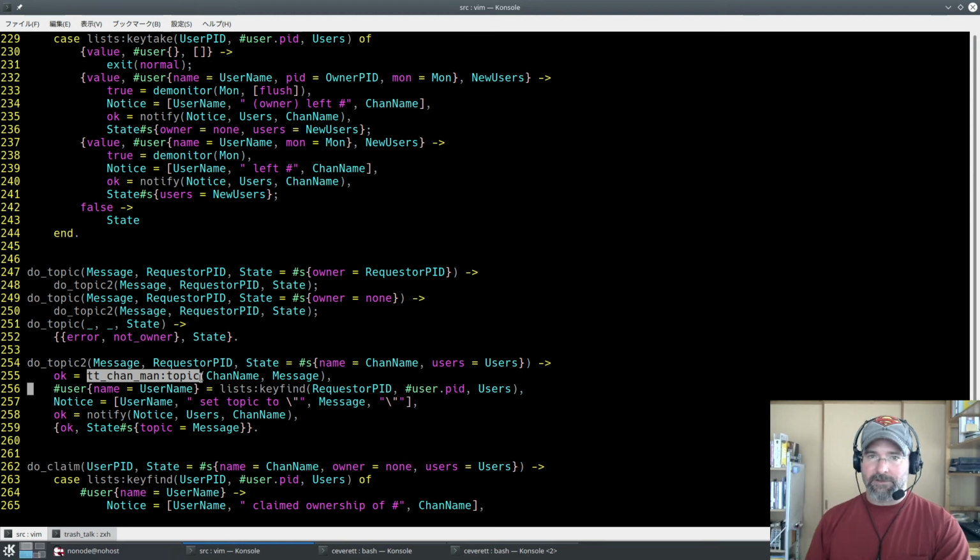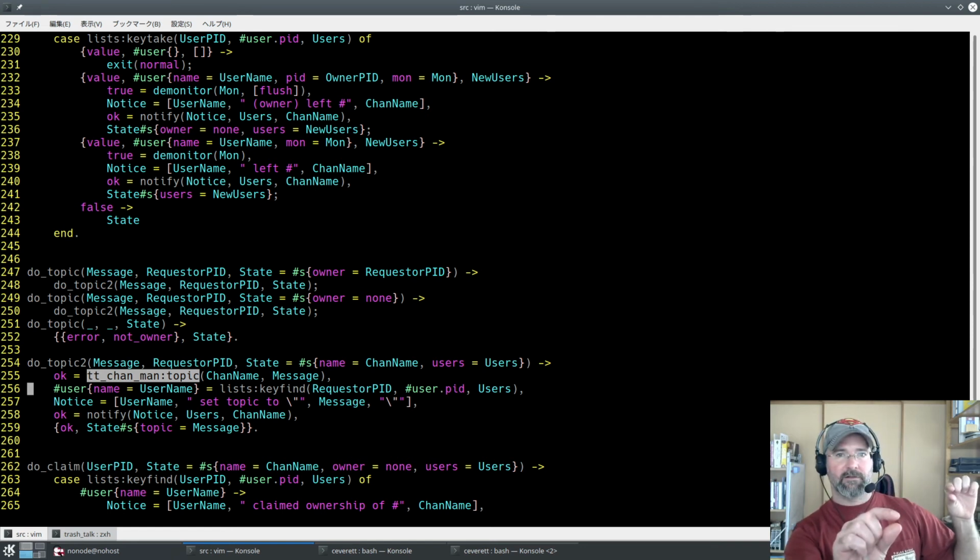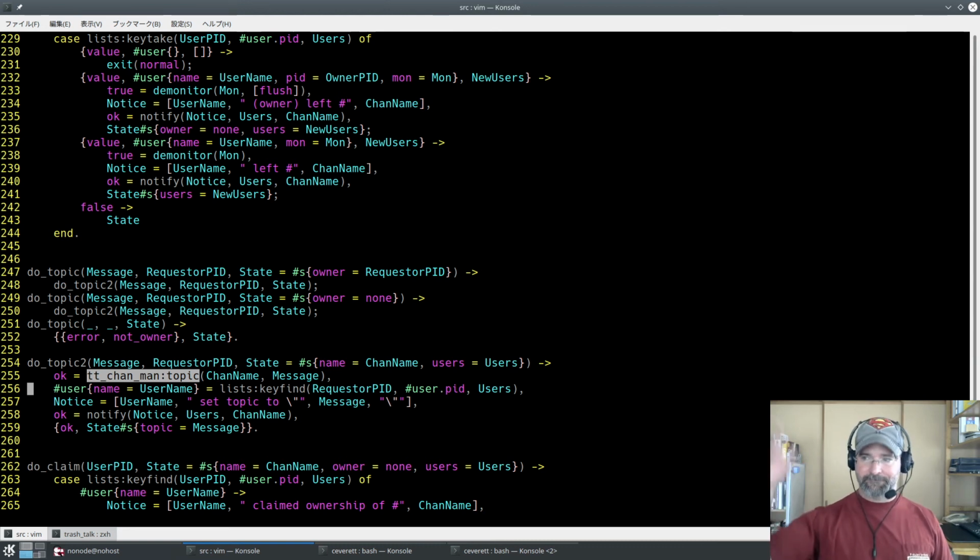Now the channel manager that's got the list of all the channels, all the channel names, right? That guy also maintains a list of all the topics too. That way, when you type list in your terminal, you get a list of the channel names and their topics, just like you would in an IRC client if you want to list all the channels in IRC. It's basically the same thing. But every time a user issues a list command, we don't want the channel manager to spam all of the channel processes to get a hold of their current topic string. So instead of that,